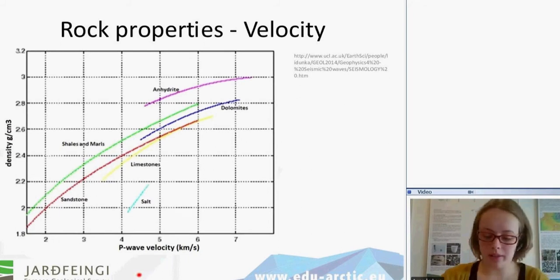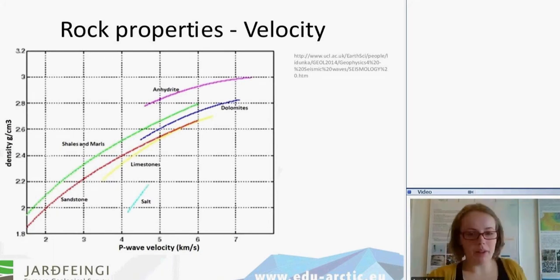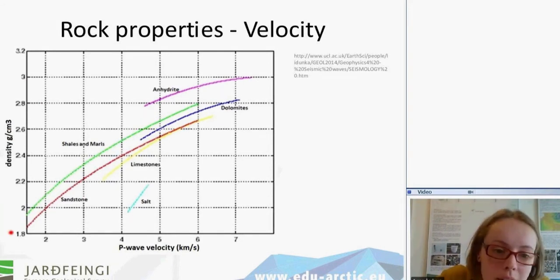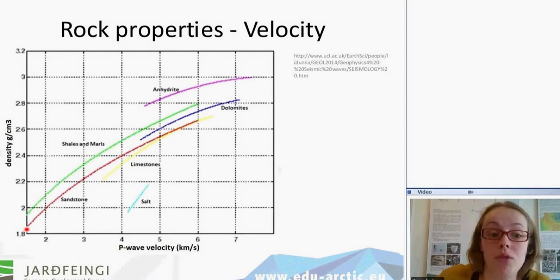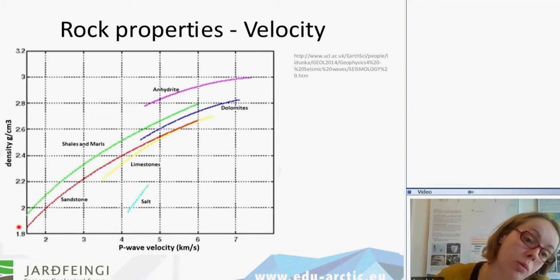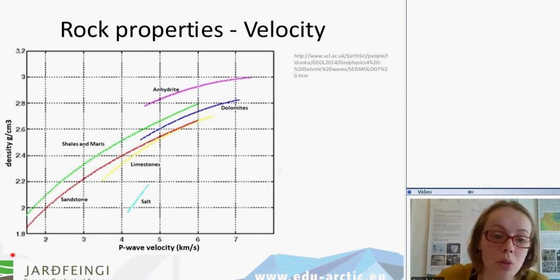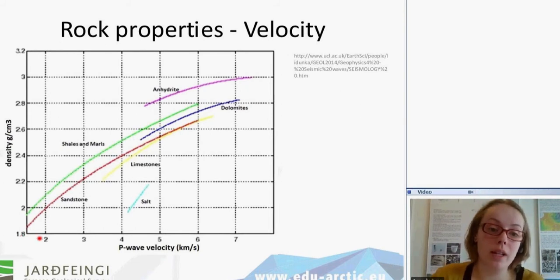It's here on the x-axis, and we have the density of the rock here on the y-axis. And as you see, the density in a sandstone can vary from 1.8 something to 2.5, around that. So that's quite a variety, but also, which means that the P wave velocity of the sandstone is also